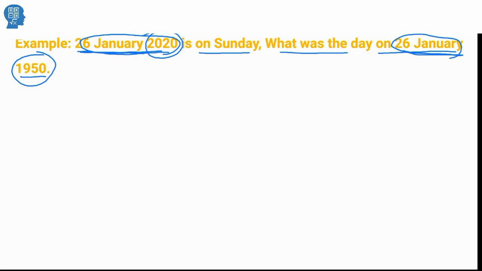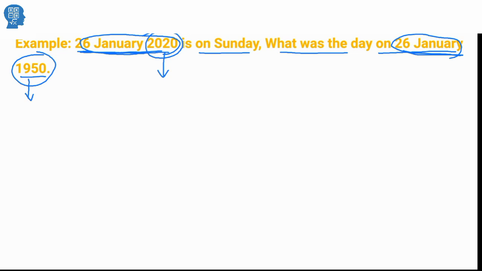Here they have given the reference day as 2020 and they are asking about 1950, which means before. In the previous two problems they asked about after, the future. But here, from the reference day, they are asking about the past. So no difference, no need to worry. Whenever they ask about the past, before years, then we just have to subtract. Same process, we find the number of odd days, and that number of odd days needs to be subtracted from the reference day.